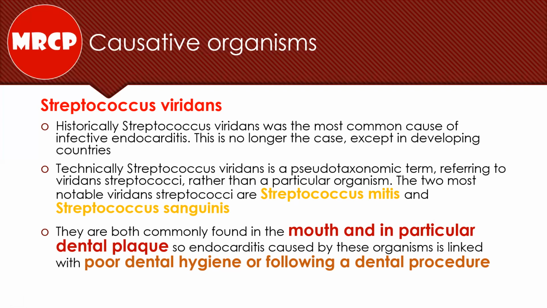So if you have a clinical scenario in the examination or the question banks telling you in the information of the question that this patient has a poor dental hygiene or had a dental procedure and then suddenly they develop fever and a new murmur, so this is infective endocarditis due to Streptococcus viridans. In some questions, Streptococcus viridans will not be mentioned to you frankly, but otherwise it will be mentioned as Streptococcus mitis or Streptococcus sanguinis. So you have to be aware of these two subtypes of the family of the Streptococcus viridans.